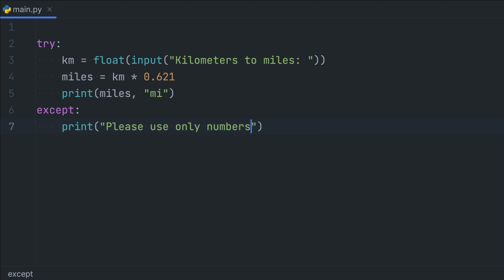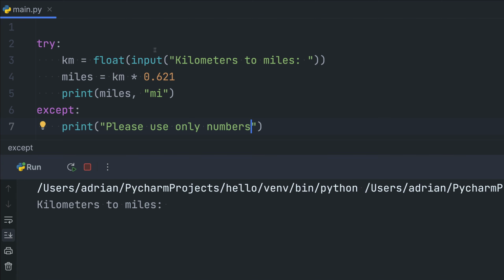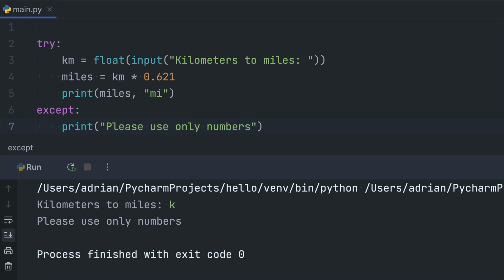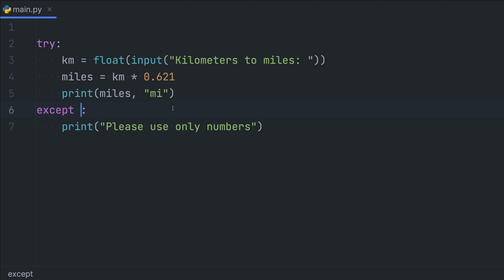So if I run this, and I enter a value that is not a number, notice that this time the except block will be executed, and we get this message instead of some really ugly default Python error message screaming at us. The try except statement allows us to handle different types of exceptions. We can specify the type of exception we expect to encounter after the except keyword. For example,